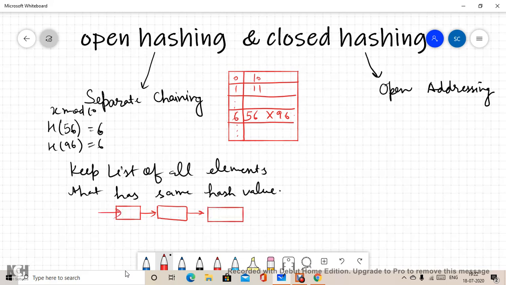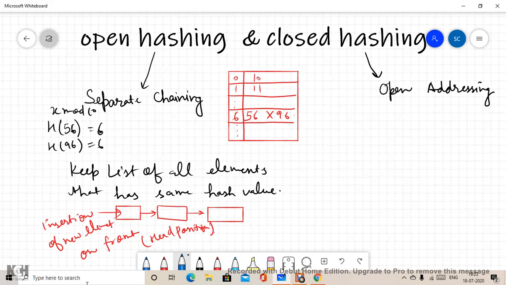So in the list we will have the insertion of a new element on the front side or the head position, which is pointing to the current head.